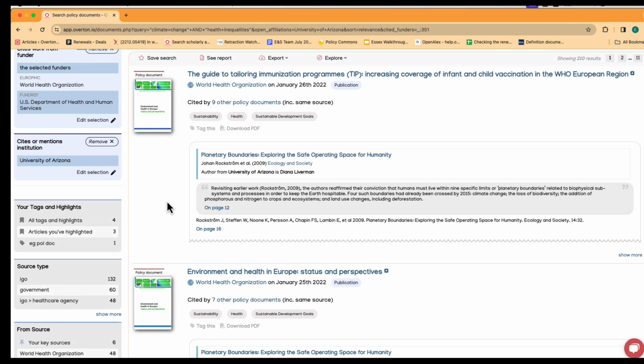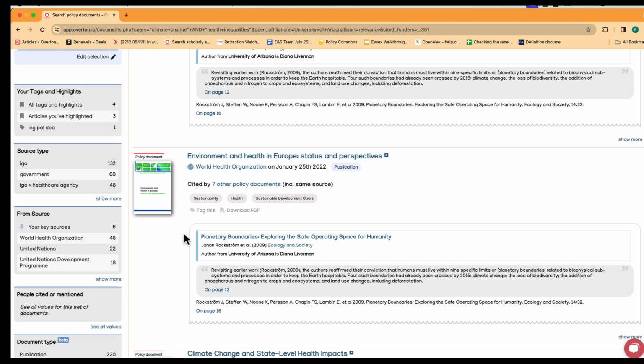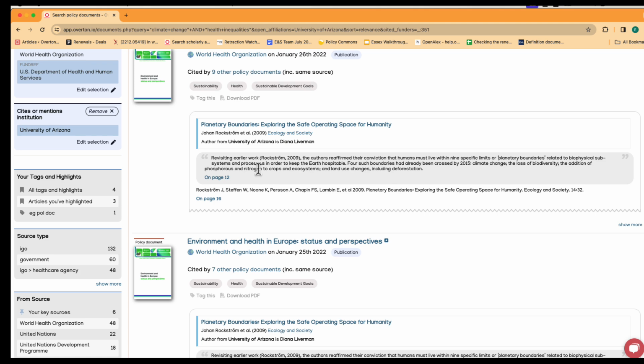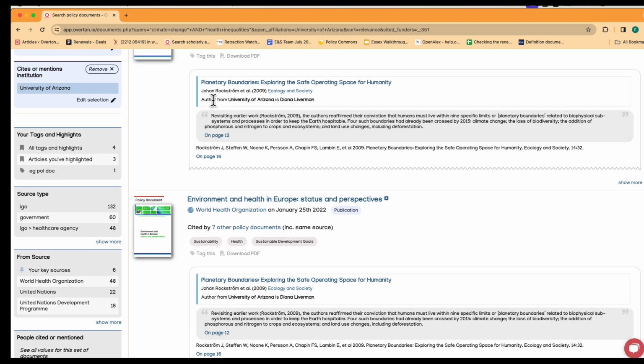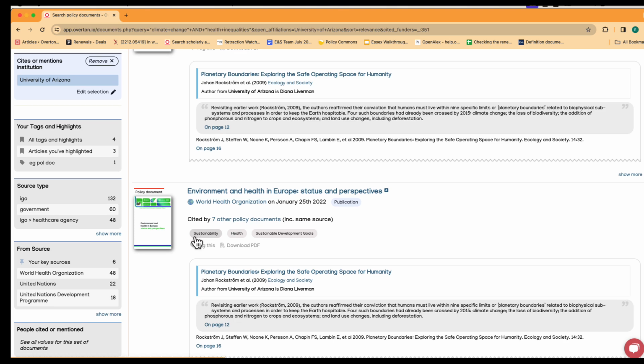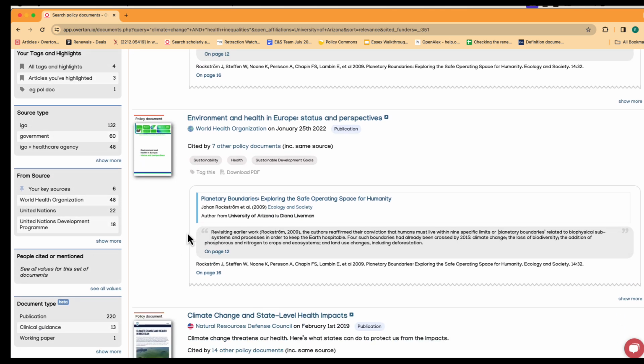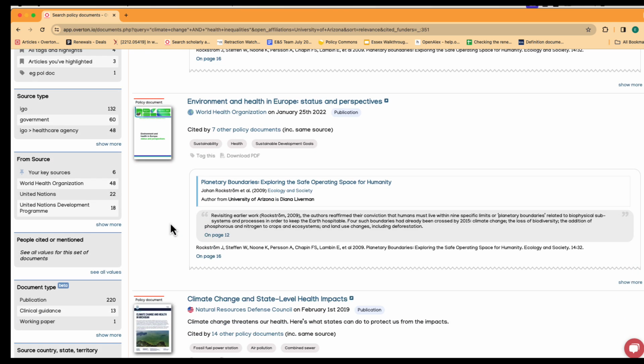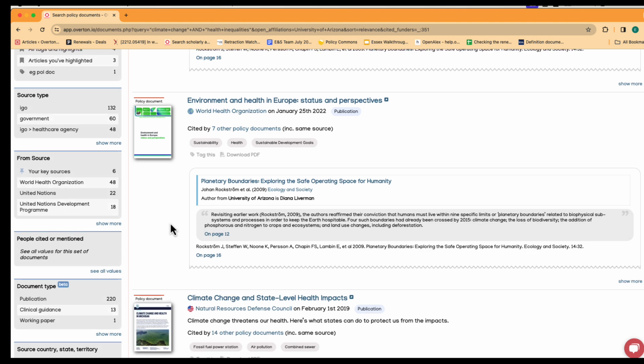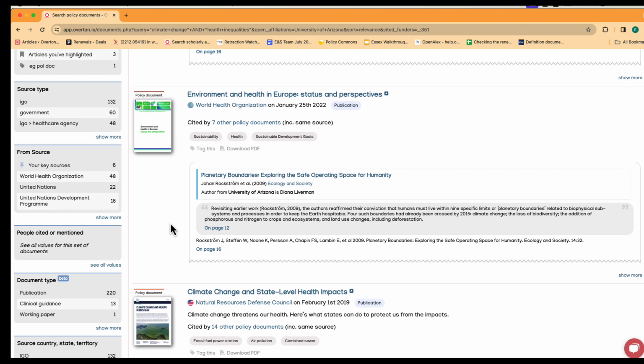If we scroll down, we can see these articles tend to be including an author. So Diana Liverman seems to have contributed quite a lot to this area of research. And if I want to explore exactly how the work has been used in this policy document, so I can really explain what impact and how the work is being used, I can click on where the work has been referenced. So on page 12 here,